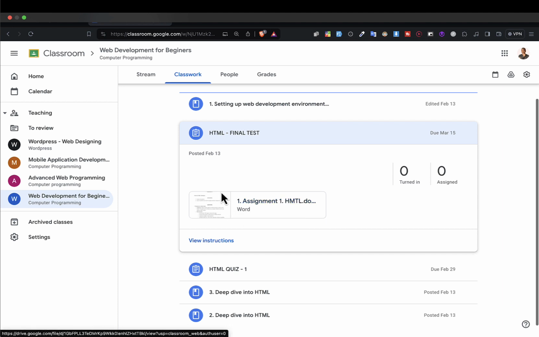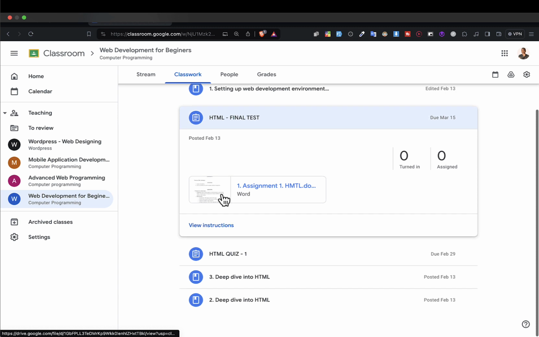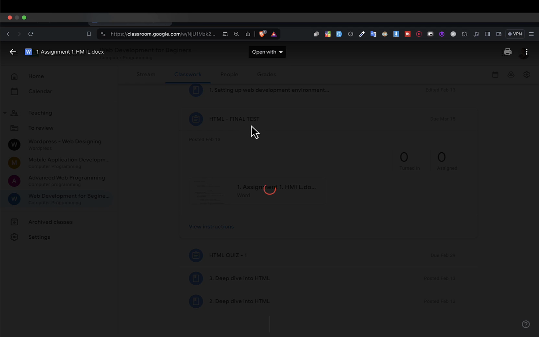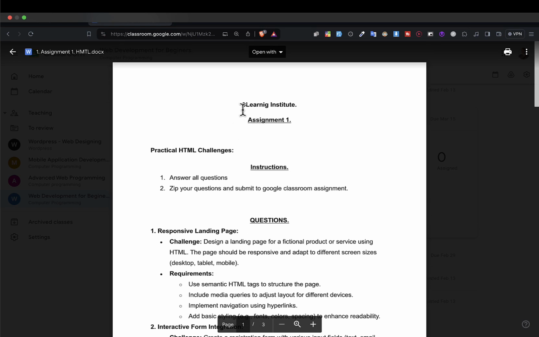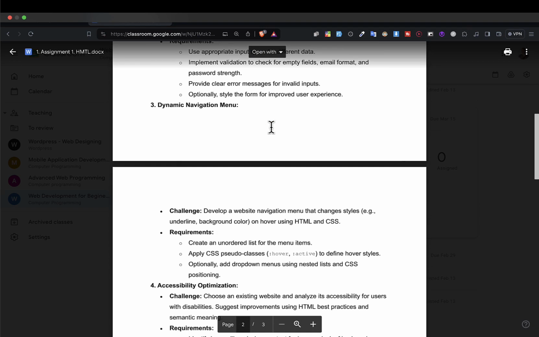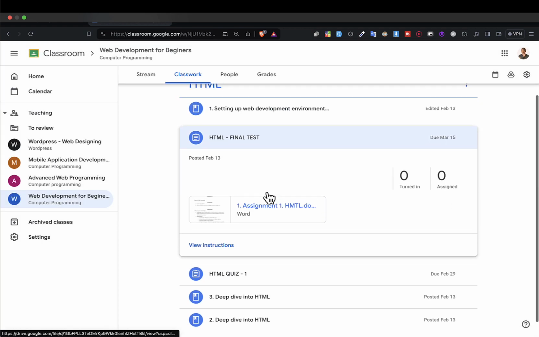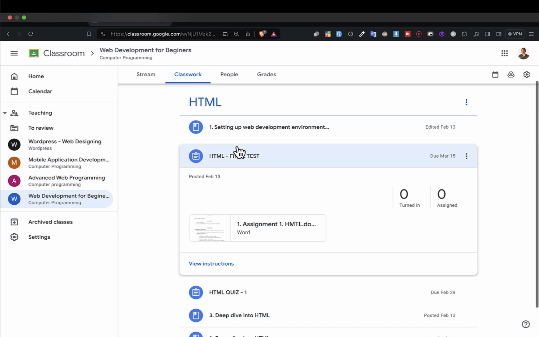So it means that for this, for example, HTML course, I'm expecting you to have 50 marks or 25 marks and above in order to be considered to pass. I'll not declare that you have finished that chapter before you finish the assignment. So if you click here, you'll be able to download this Word document. For example, this is the first assignment for HTML. You read it, you do it, and then submit. So as I told you, it is going to be at a personal pace. Everyone is going to have an interface like this to manage their own things.